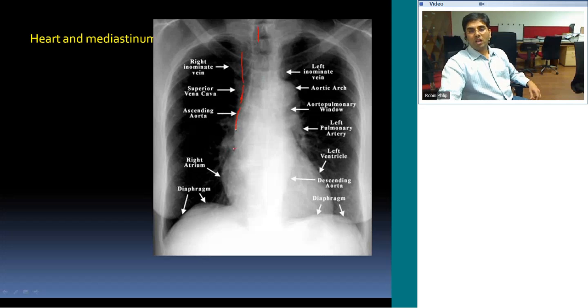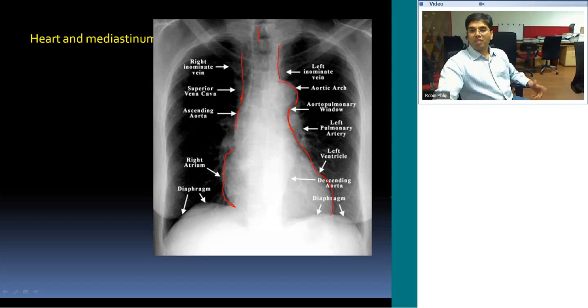Further down, this is the right heart border. These all form the right mediastinum borders. On the left, this is the aortic arch, aortic knuckle it is called. Cranial to this is usually the subclavian artery or innominate veins that form that part, and that is the aortic arch. And followed by, this is your pulmonary bay. Okay, and then the left heart border is formed predominantly by the